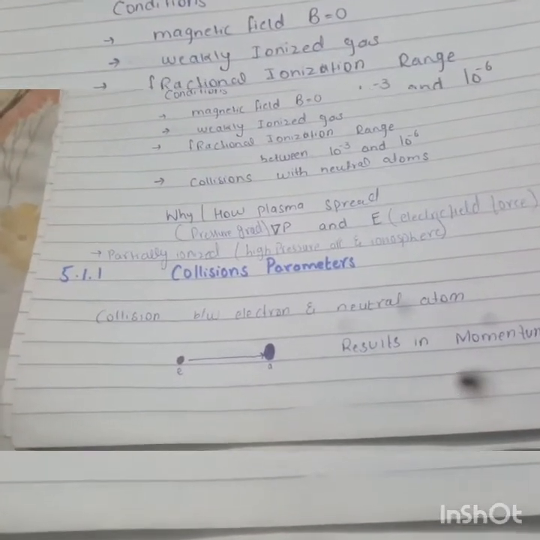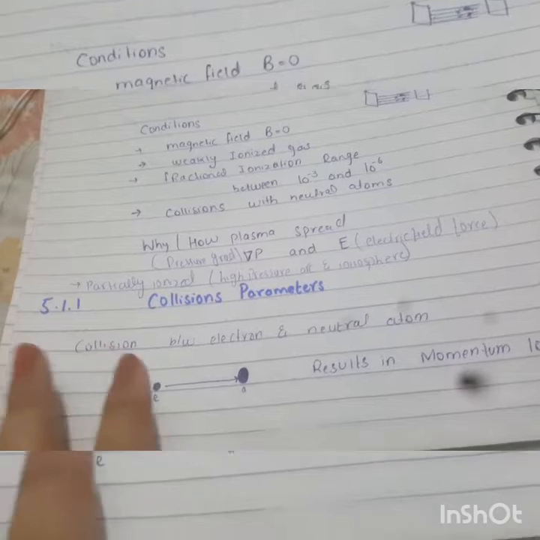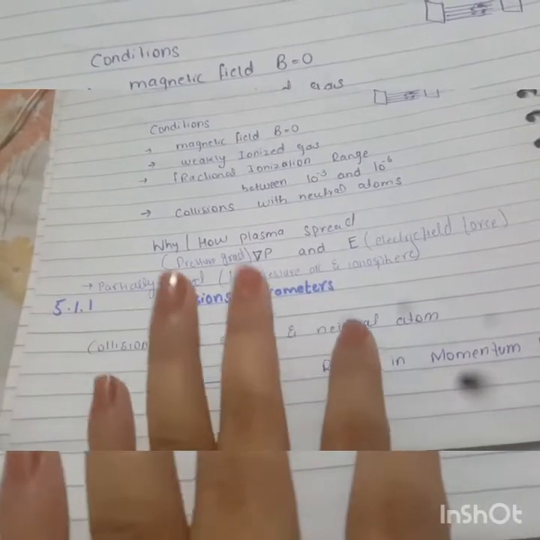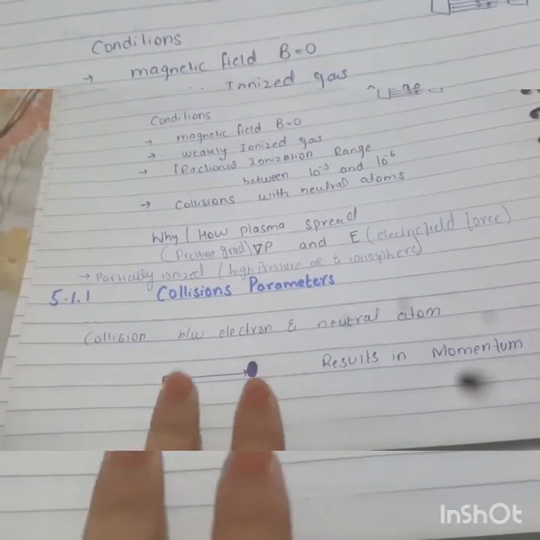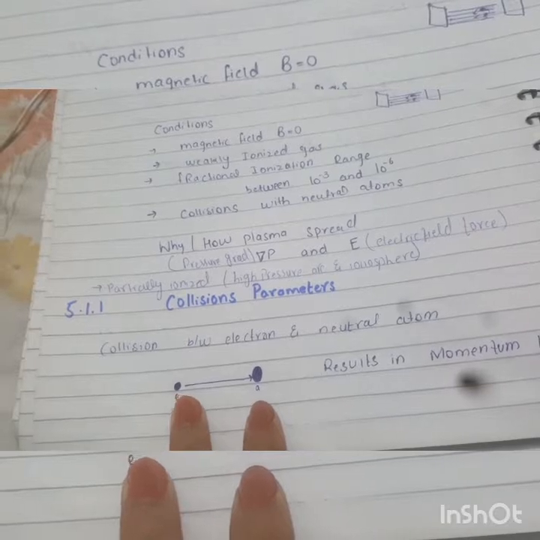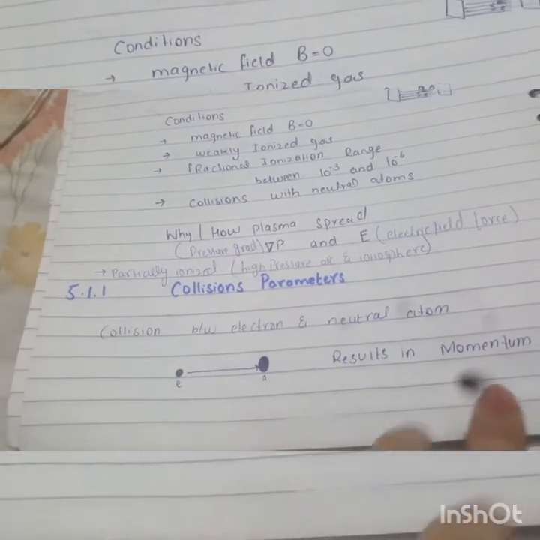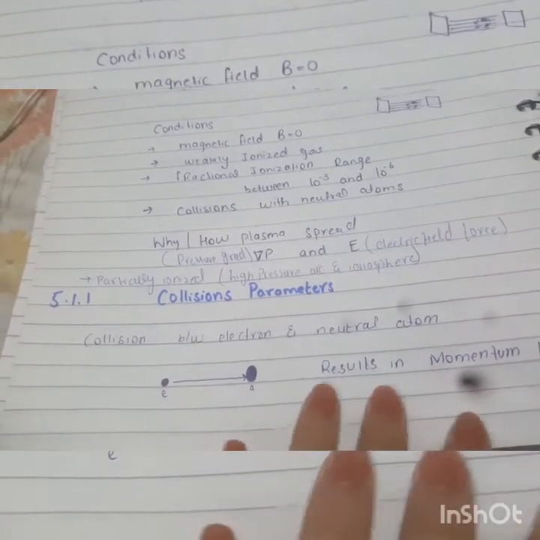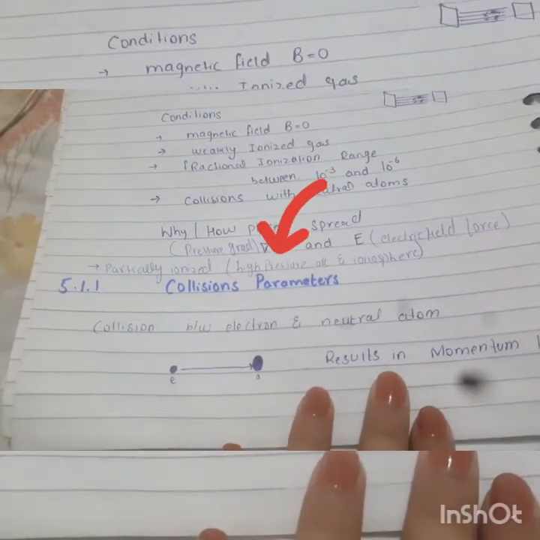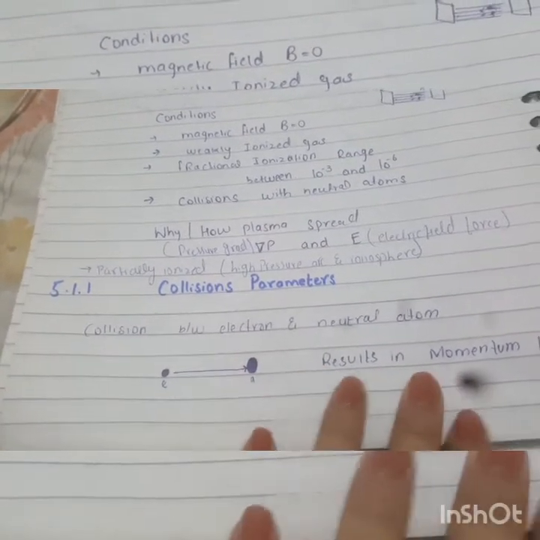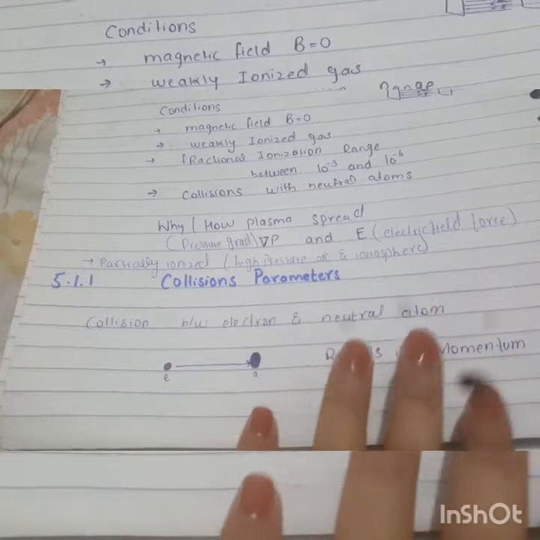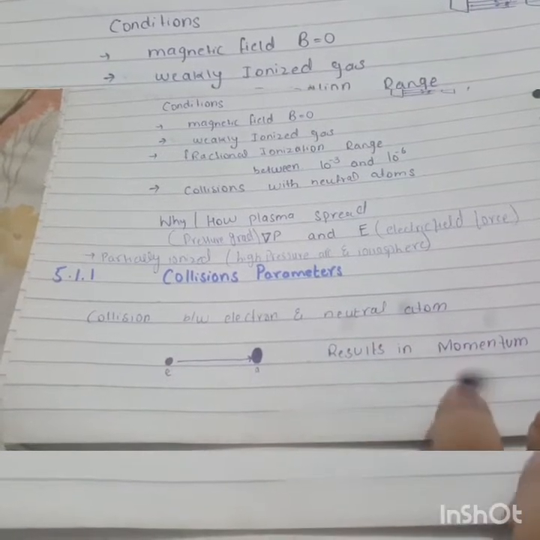why and how momentum loss occurs. Basically, when electrons and neutral atoms collide, let's say this is an electron and this is a neutral atom, and when they collide, the result is momentum loss. So hope this point is clear, that how momentum loss occurs. After that, we will see that